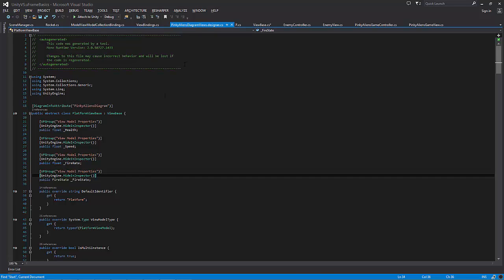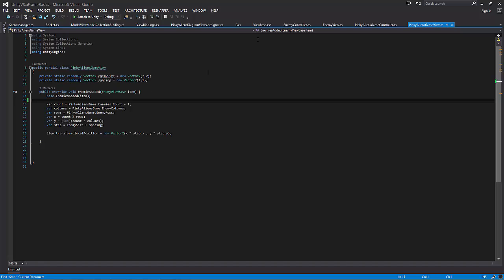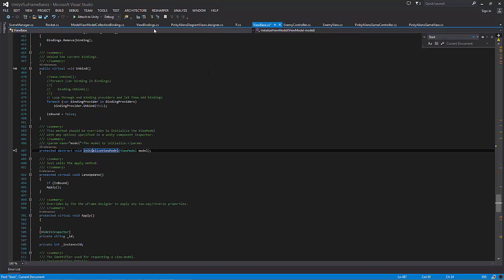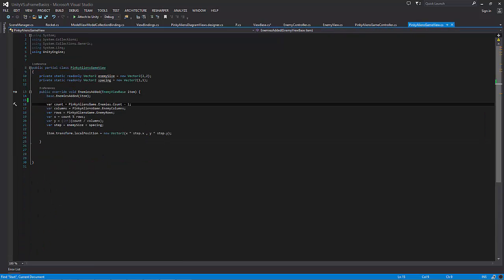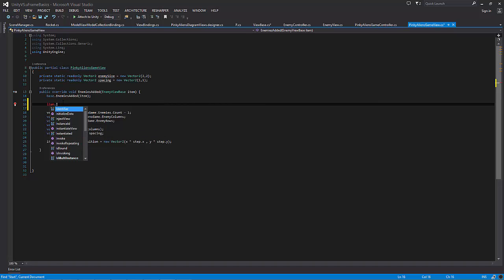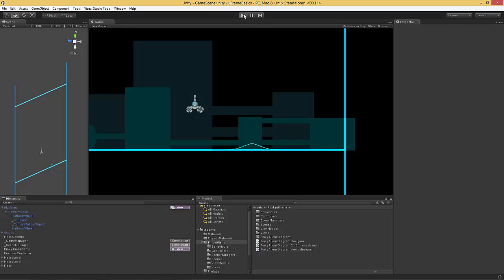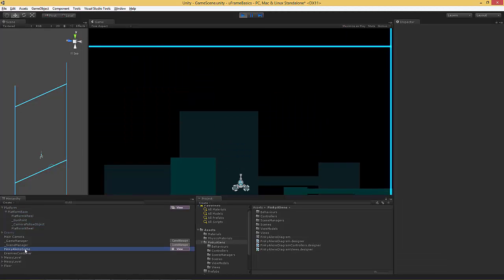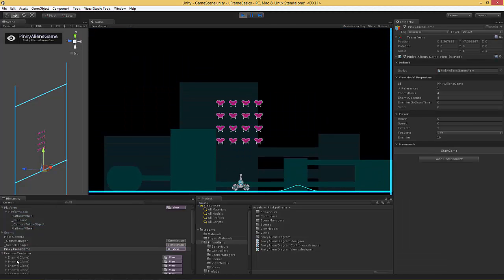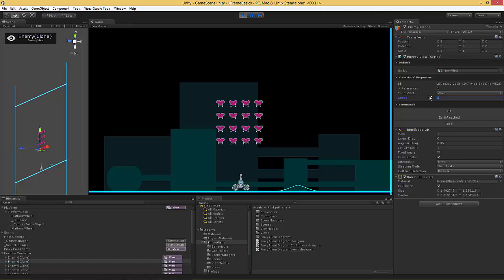So our conclusion from this is that nothing stops us from going to Pinky Aliens game view, taking our newly created enemy and calling InitializeData on this one and giving it the model it has. So in that case, if I hit play and generate enemies, I can see that all of them have the speed set to 3,